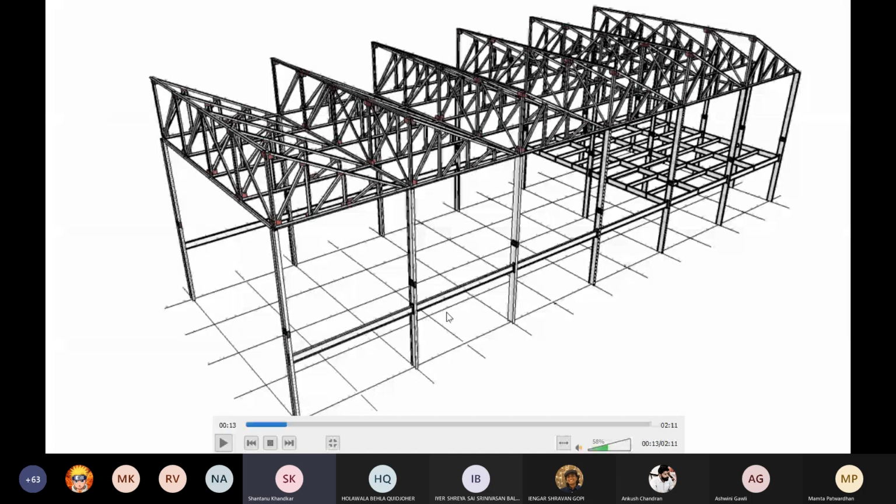Also, one more thing I should point out is that if you look at these beams over here, which are, I don't know if a mouse is visible on the screen, but I'm talking about the beams that are between the columns, where there is no floor. Now, what is the point of those beams? Actually speaking, there is no floor here. There is nothing here. So, what is the point of those beams? The point of those beams is to break the length, or the effective length, of these columns.